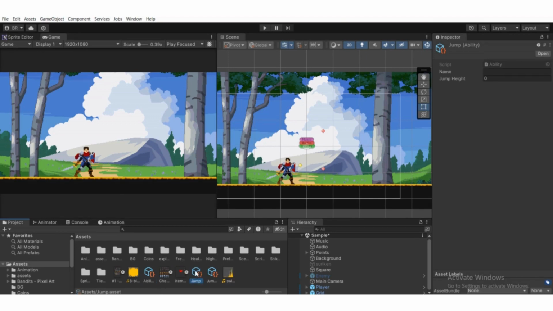As you can see in the inspector, we can define the name over here. We have created two variables. Firstly the name of the ability, over here you can specify the name of the ability. As we know, we're gonna create the jump ability, so we're gonna call this one Jump, something like that, and you can define the jump height over here. So if we go to Player,